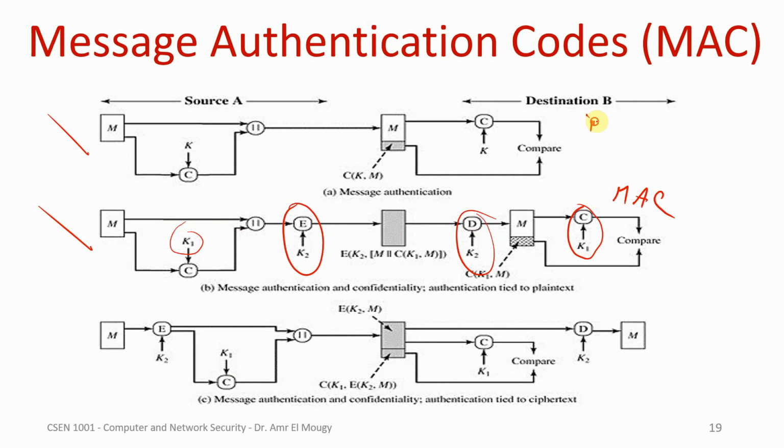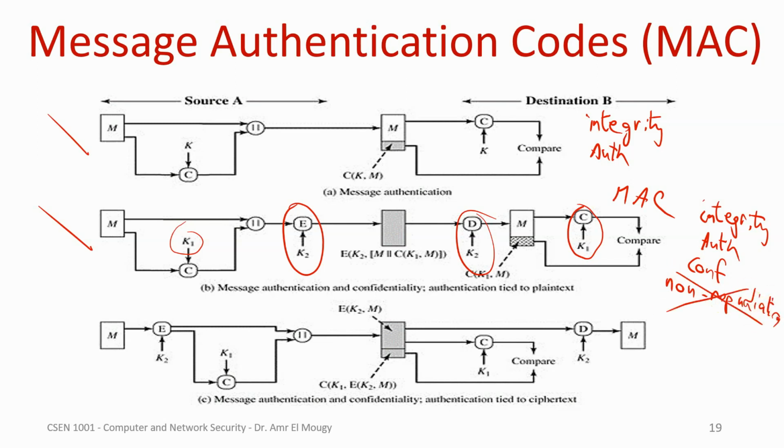So the first one, as we said, achieves integrity and authentication. The second one achieves also integrity, authentication, because there is a MAC, and it achieves also confidentiality. Okay, so the three requirements are actually achieved. Notice here that this doesn't achieve non-repudiation. As we said, non-repudiation can only be achieved if you use public key cryptography. Now,